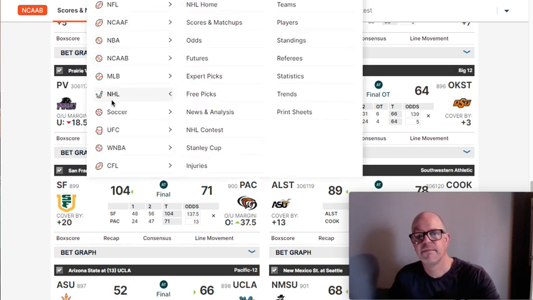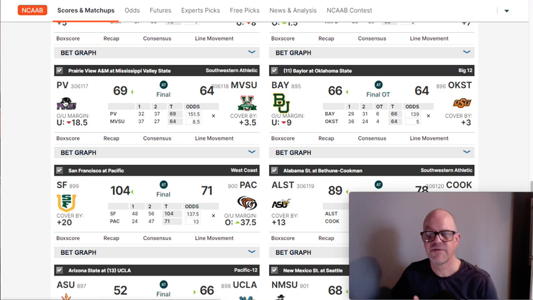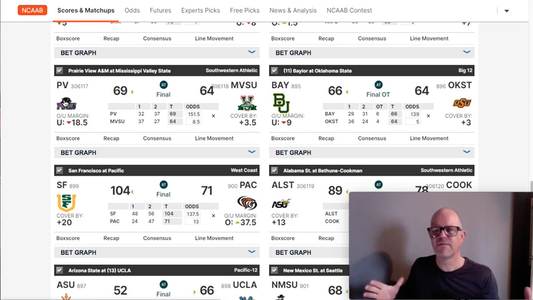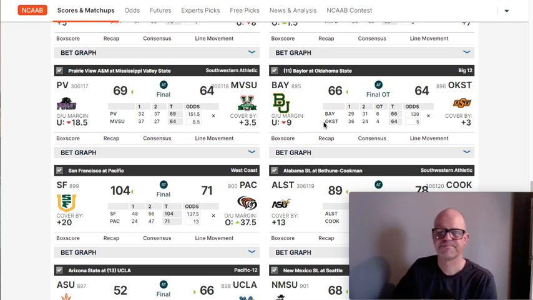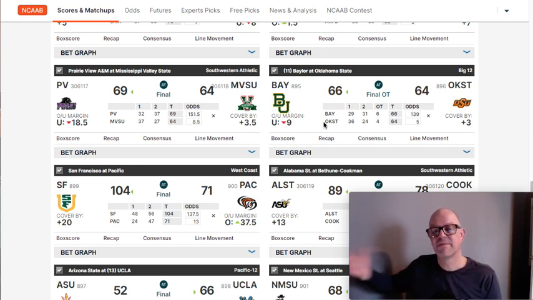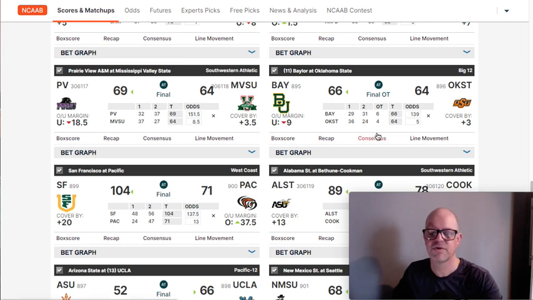So I'm going to teach you something. I've taught this in several videos. This is called expected value, but I'm going to make it very simple where you can understand it. Let's say this hypothetical utopian situation where we can recreate this, where Baylor and Oklahoma State play this exact same game, exact same player fatigue, home team, away team, same scenario, everything. They play 10 times. Baylor will probably win 5 of those. Oklahoma State will probably win 5 of those. It's a classic 50-50 game, and the final score showed that either team could have won it.